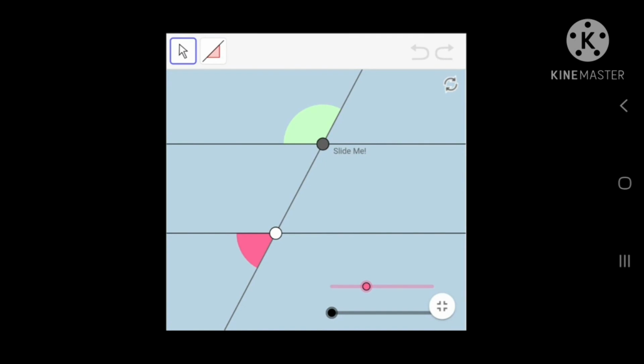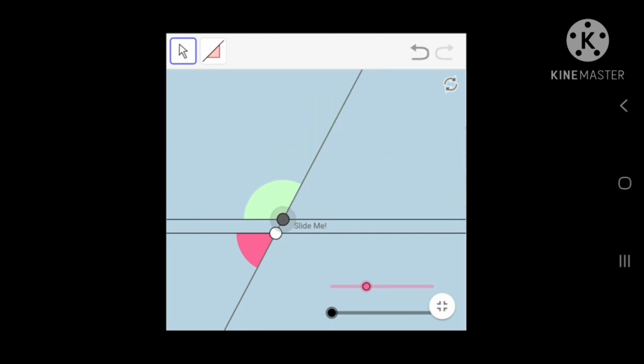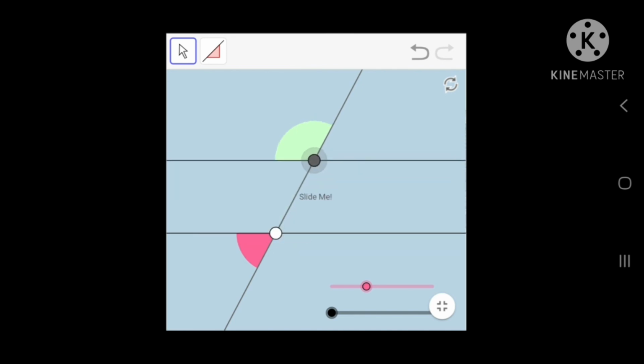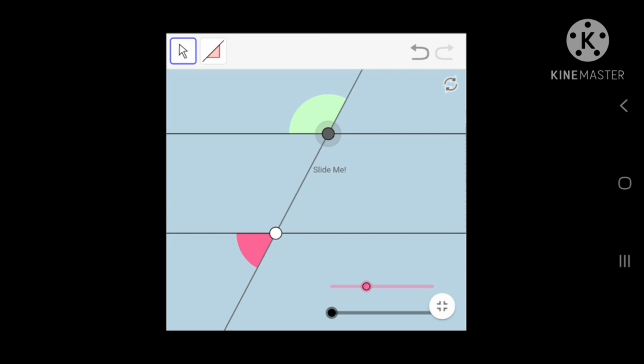Let's take a quick investigation now for the angles on the same side of the transversal in the exterior. Just we have to bring it closer. As you can see here, when you bring it closer, the green one and the pink one form 180 degrees. So green plus pink, as you can see here, it forms 180 degrees. So wherever the green angle may be now on the transversal, green plus pink will be always 180 degrees. As you can see this. So we can see now angles on the same side of the transversal in the exterior are always supplementary.